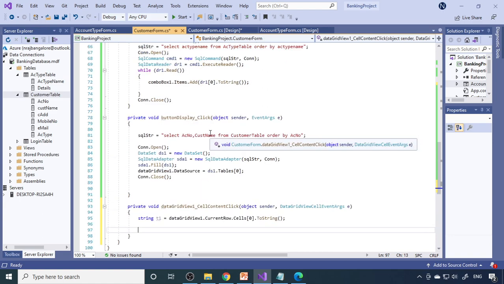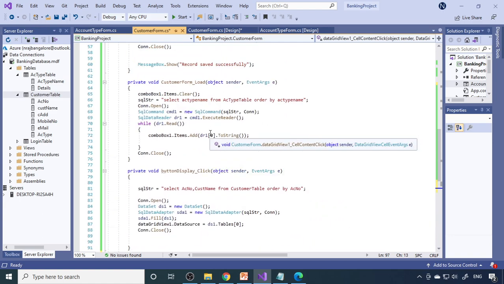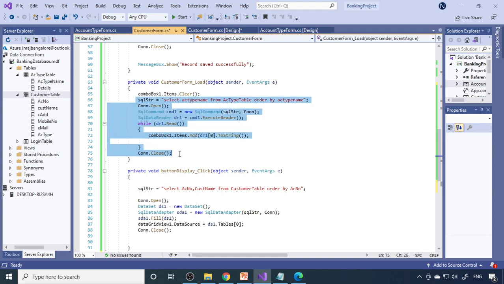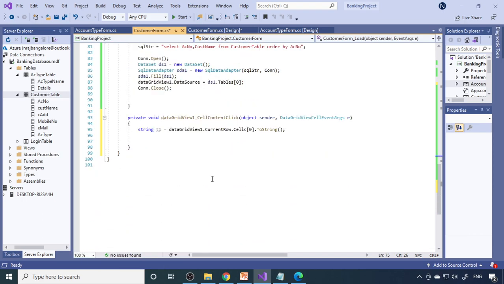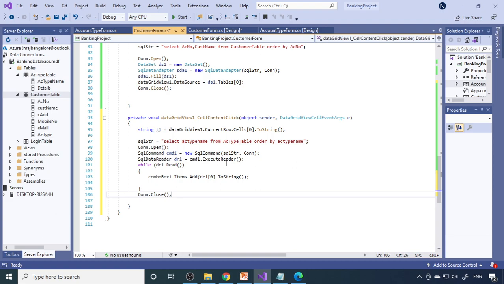Next we need to select the data. Okay, select will do the job here, so I can copy this only. Any select statement, right? Select star, because we want all the columns. So you can say select star from customer table where account number is equal to.